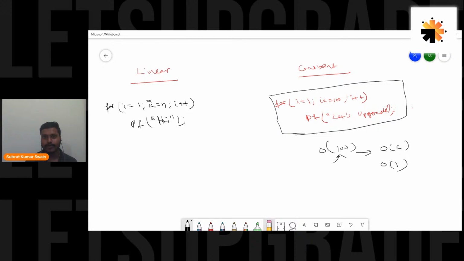That's where we go for time complexity, guys. We have to denote the order of the time complexity. Here it is very clear that time complexity depends on the value of n, and n is the input. So we are basically noticing the behavior of the algorithm as the input changes. It is very clear that this loop is nothing but order of n, big O of n. We say big O of n because it is dependent on n. If you change the value of n, the loop will run that many times. Very simple, right?